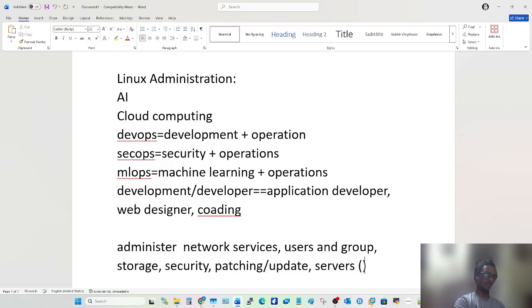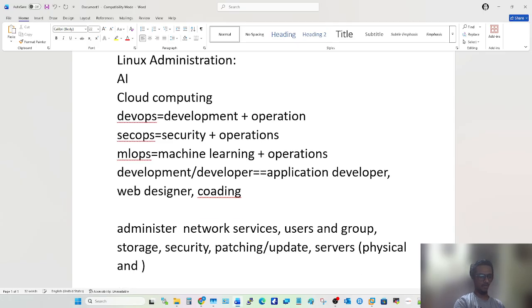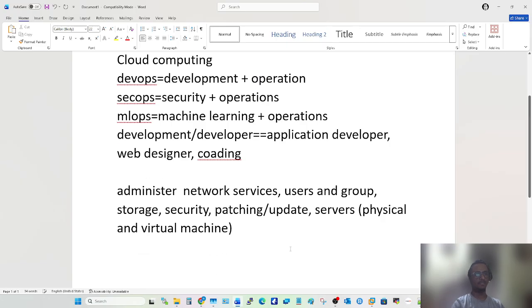In the sense, you can say physical server and virtual machine. We have virtual machines. We don't have a physical server here in the class. So I will show you exactly how we can perform these things on a virtual machine, how the physical server works, and how we can create a virtual machine and consider that virtual machine as a physical server.